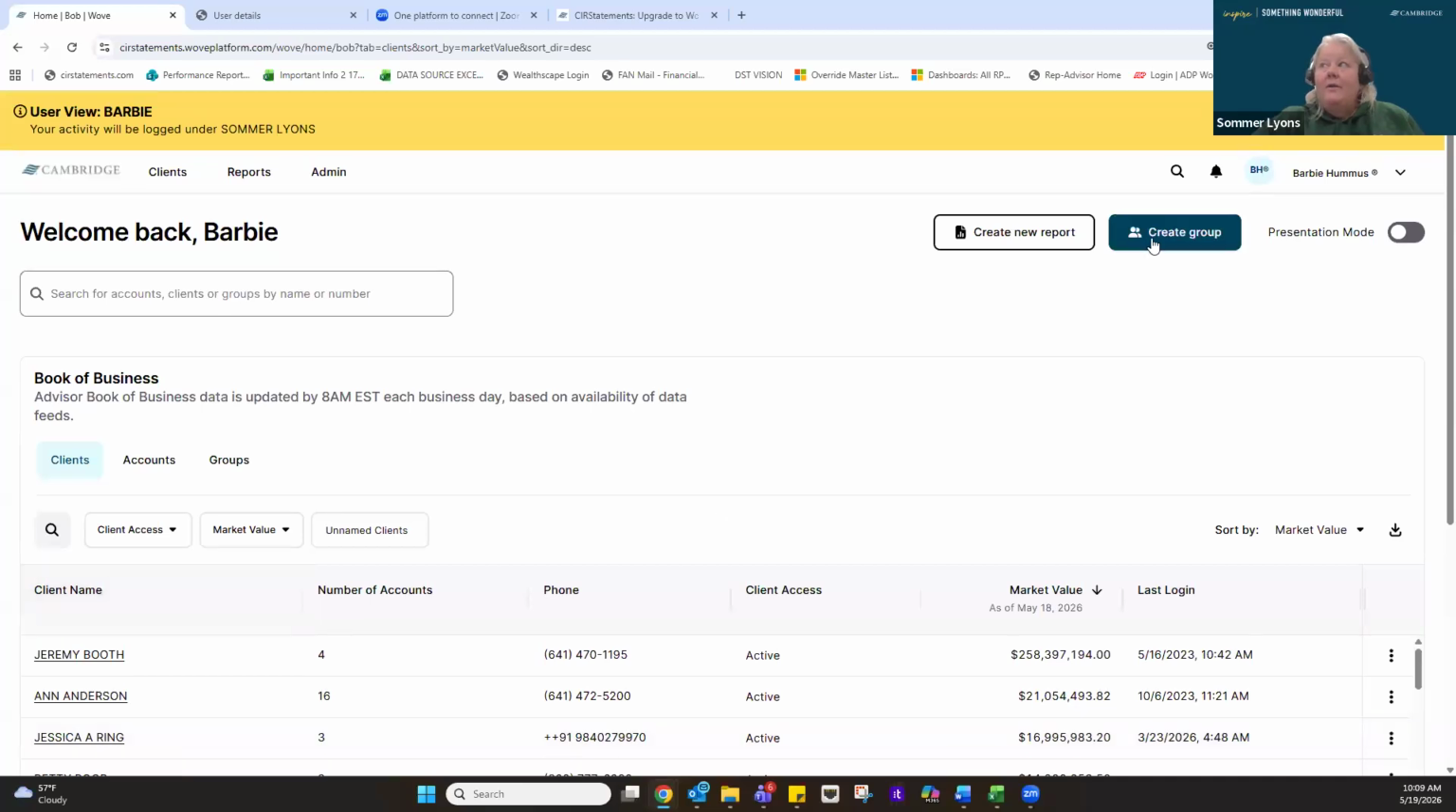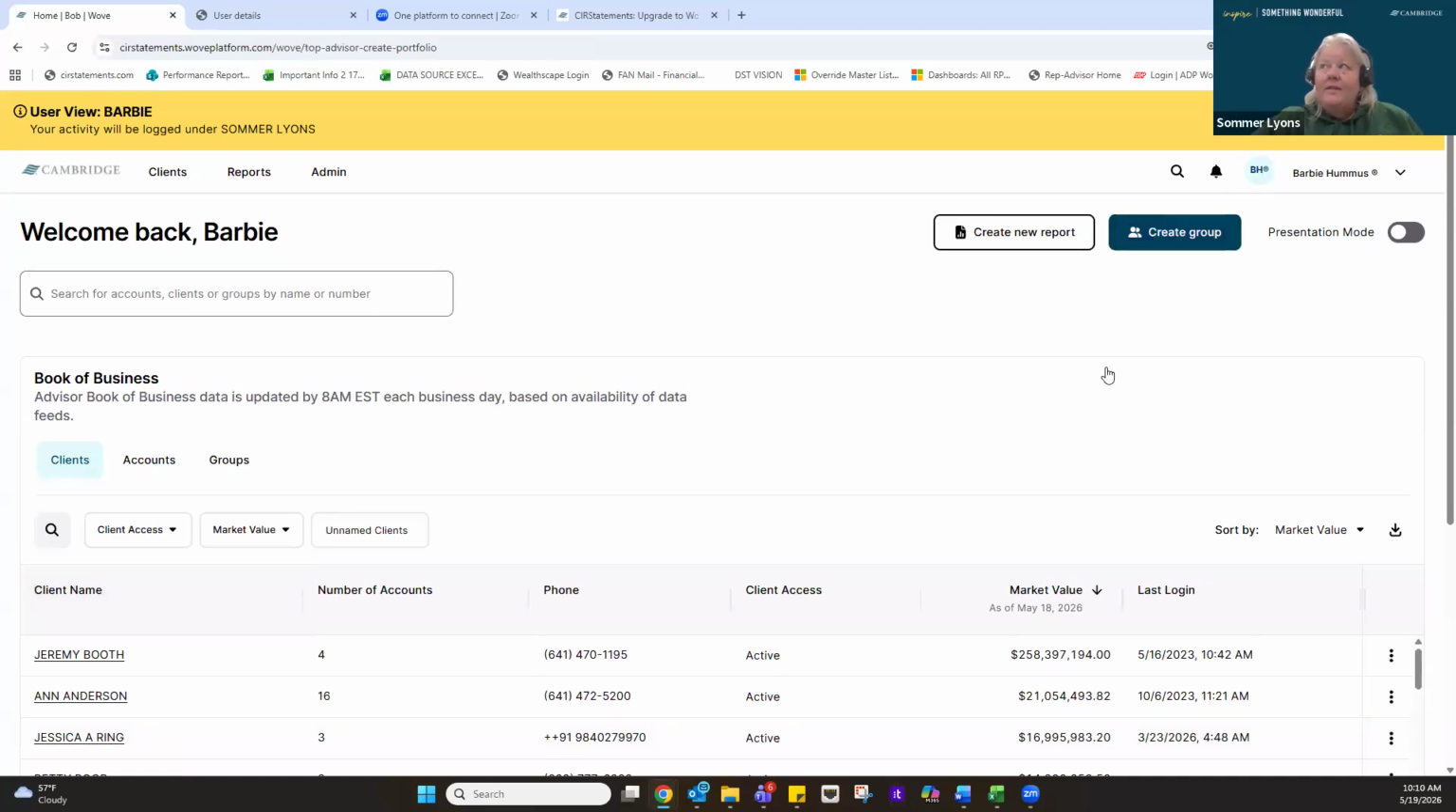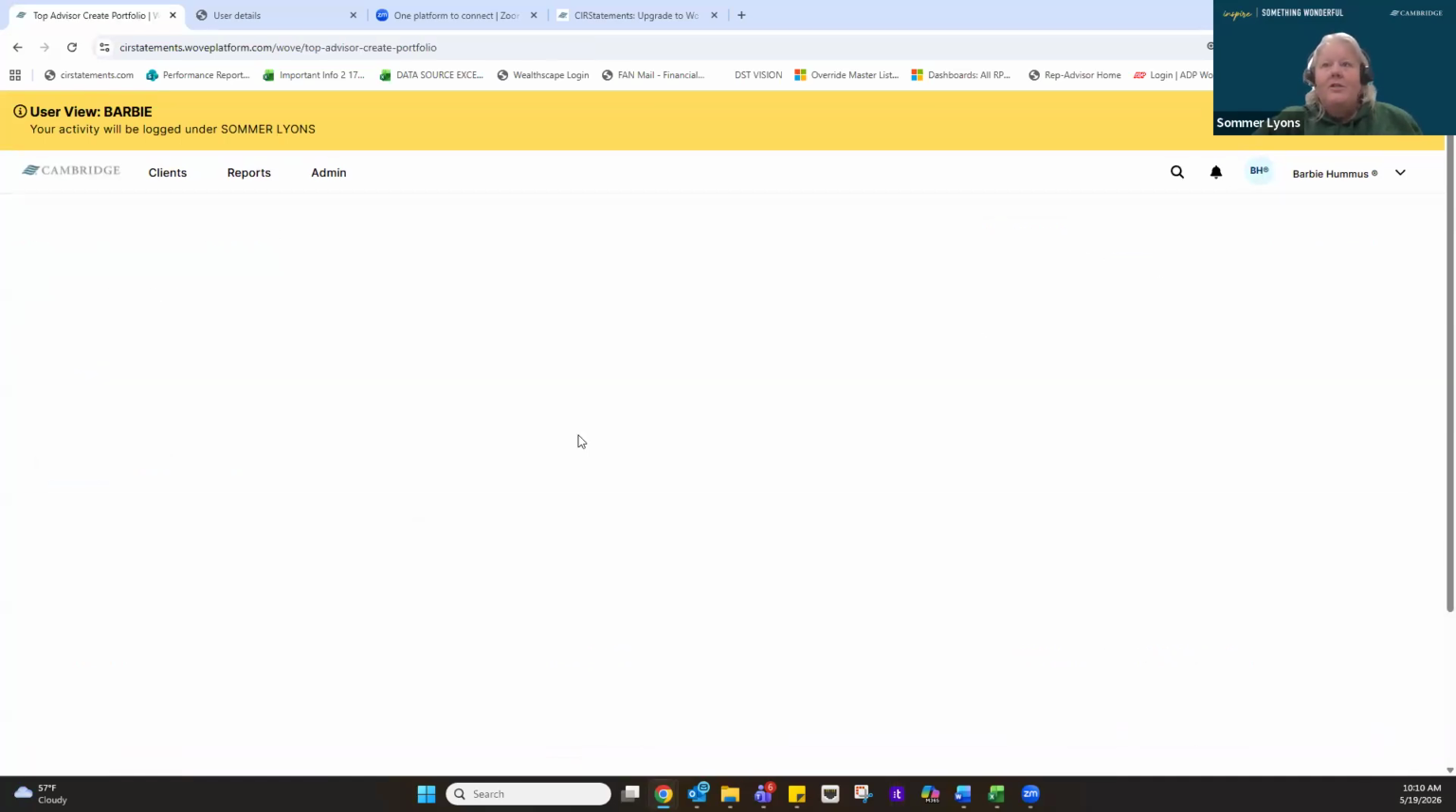I can create a group by clicking up here in the upper right-hand corner. I can choose a client from my client list, or we've got this kebab menu here at the end. I always like to start with a client rather than going to create group, because if I start here, I'm starting from scratch. I have to put both clients in and